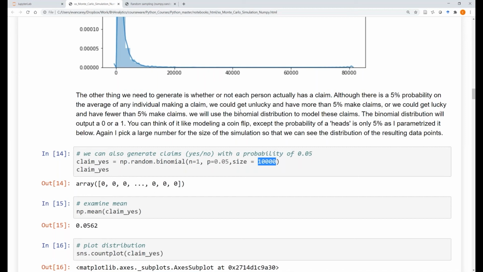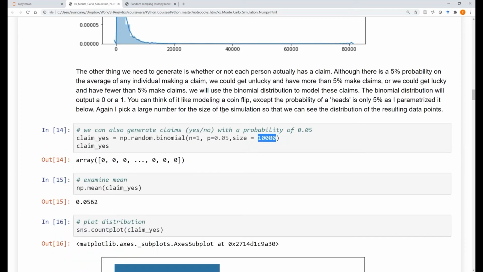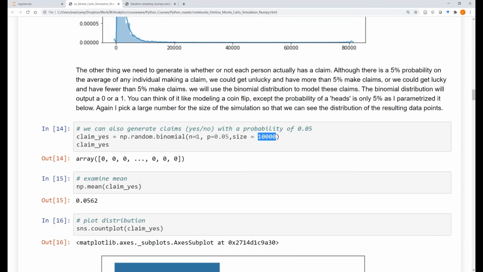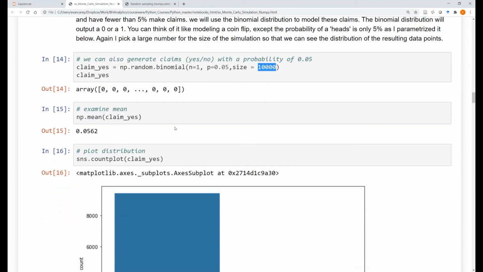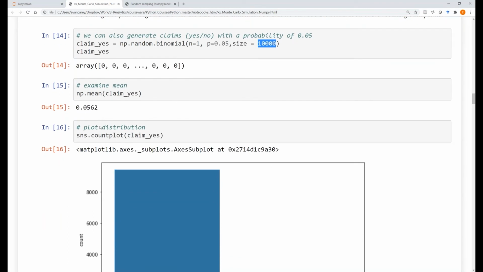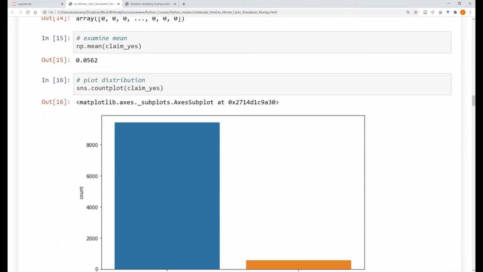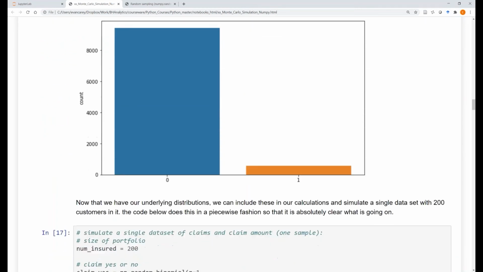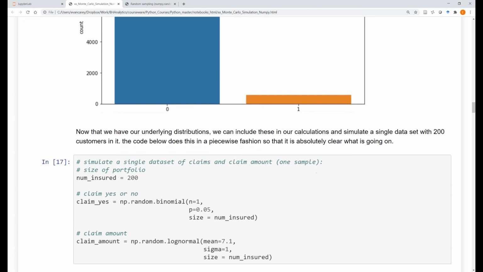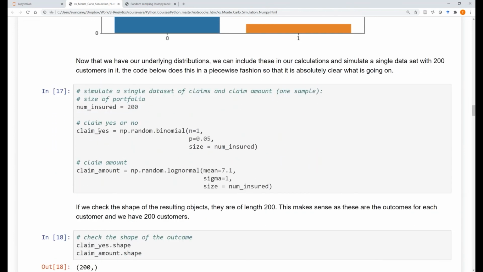Right? So it's the same sort of thing we just did with the log normal distribution. And that's the code we would use in NumPy to do that. And we look at these claims, the average is 5.6% as expected, close to 5%. And we could use Seaborn to look at the distribution as well. All right, so these are our underlying random variables that we're going to combine now to generate our stochastic equation,